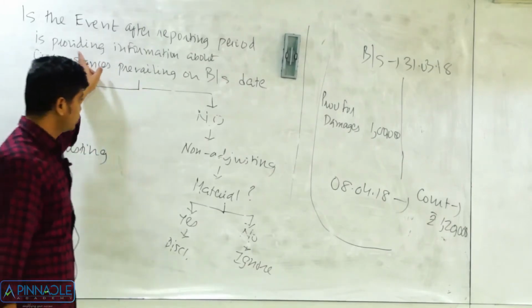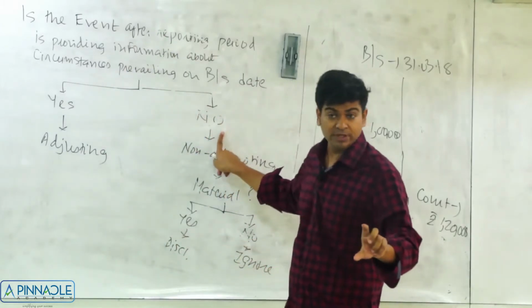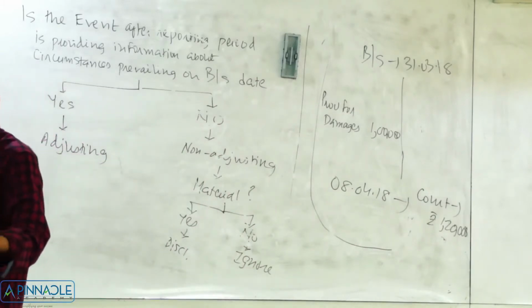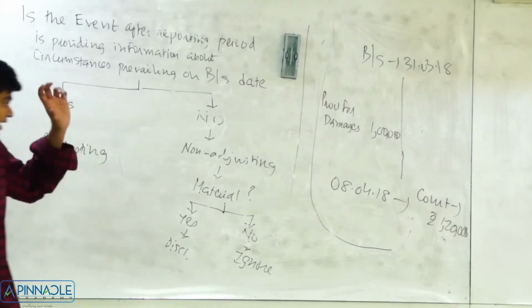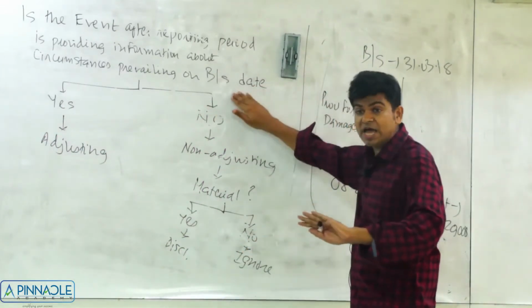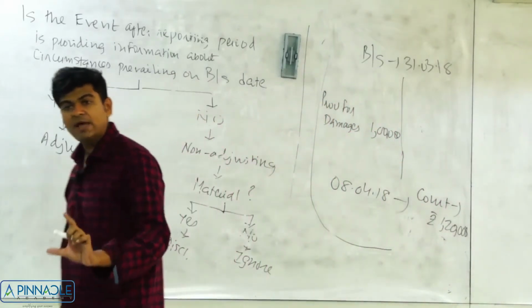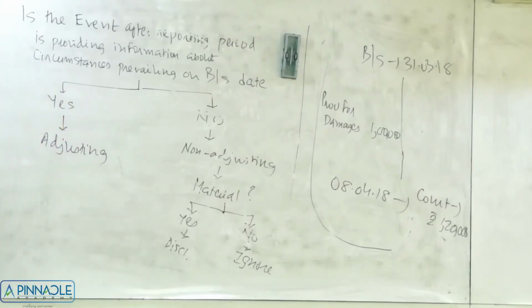Ask yourself this question. Were the circumstances which led to the final judgment prevailing on the balance sheet date? Yes, you knew your employer had taken you to court, and you knew that you may have to pay 1 lakh, and you have already provided for the same. And now it is getting confirmed. See, on the balance sheet date, I was not very sure how much I would have to pay. I was relying on the advice of my lawyers, and based on that I provided for 1 lakh. Now it is getting confirmed how much I will have to pay. I'll have to pay 1,20,000.